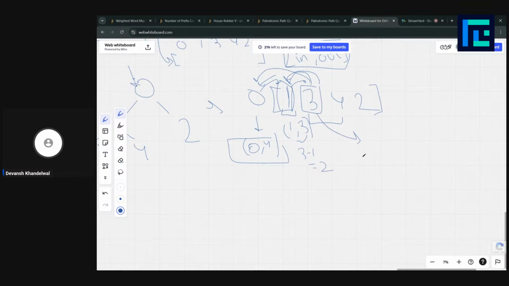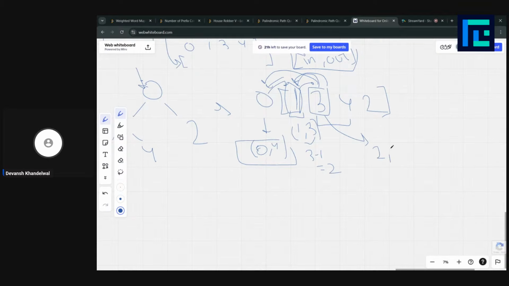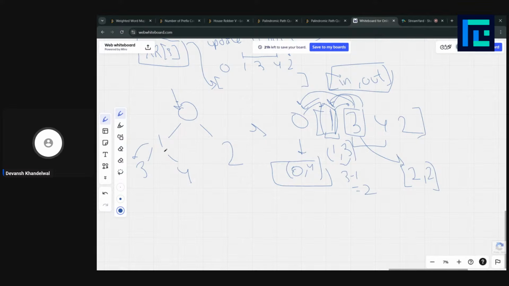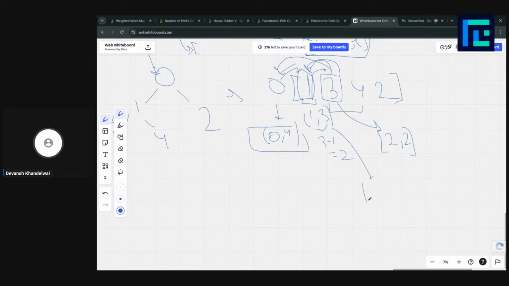What is the in and out time of 3? The in and out time of 3 would be like 3 comma 2 comma 2, right? Because it was here, it does not have any children, so its out time would be the same. And the in and out time for this is 1 comma 3. Now we check whether this in and out time is under this one.